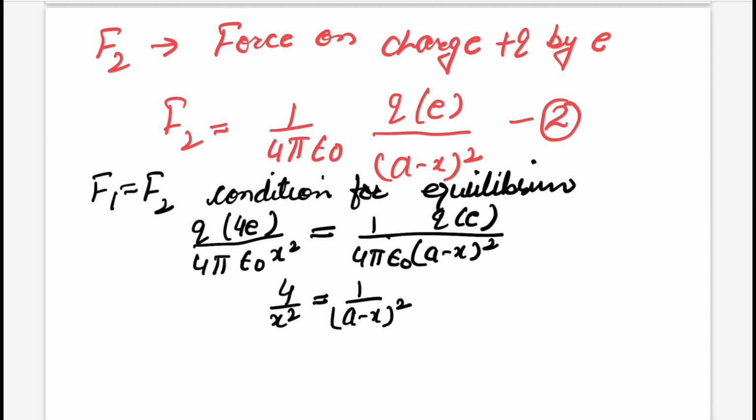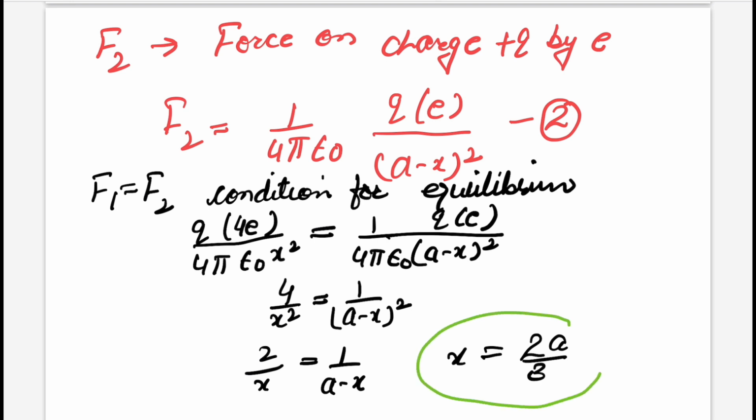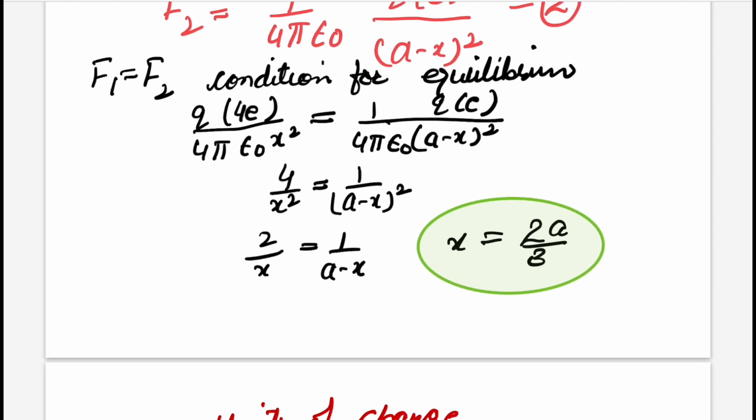So we have 2 by x is equal to 1 by (a minus x). We take square root on both sides. On simplifying, we have x is equal to 2a by 3, right? So x is equal to 2a by 3. So this is the distance